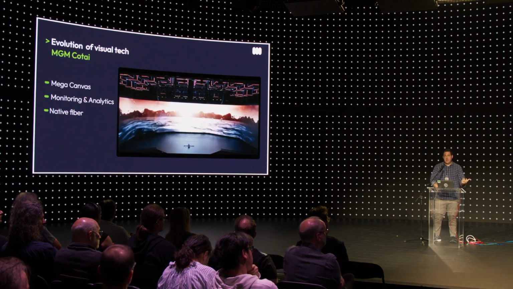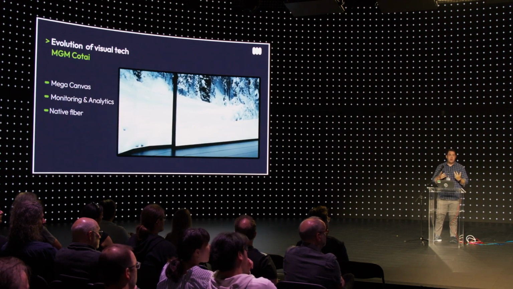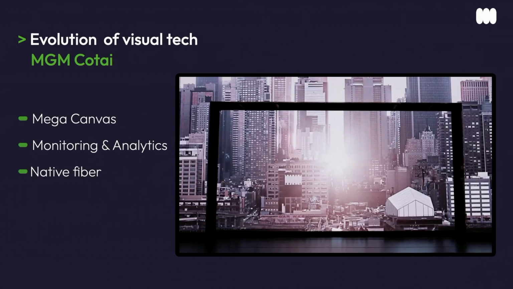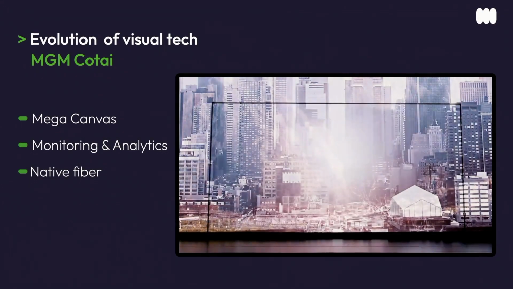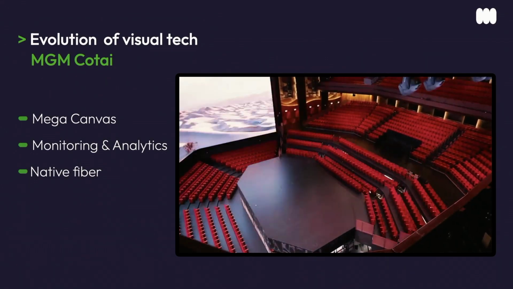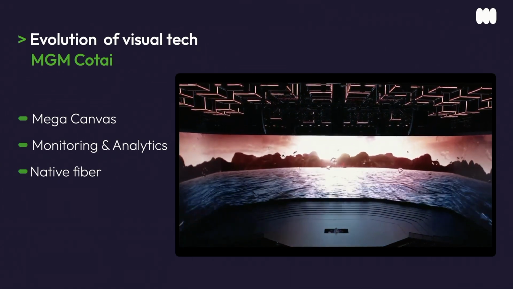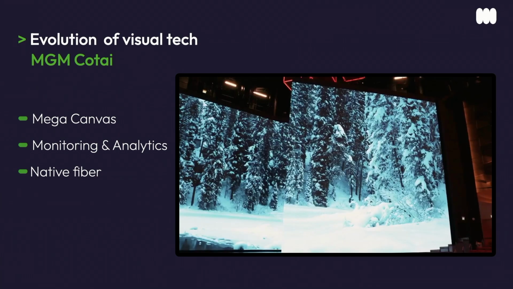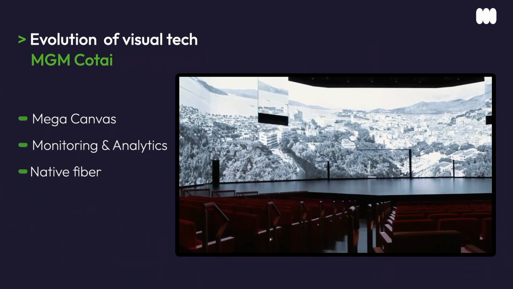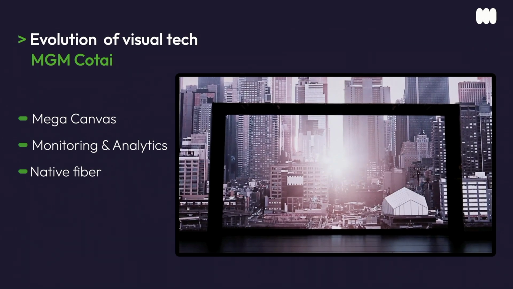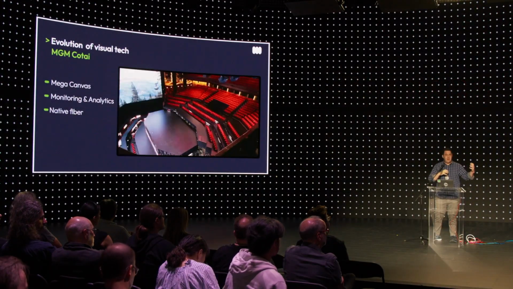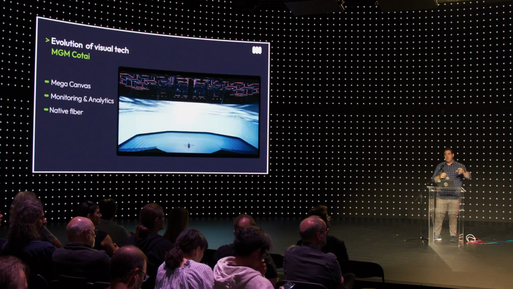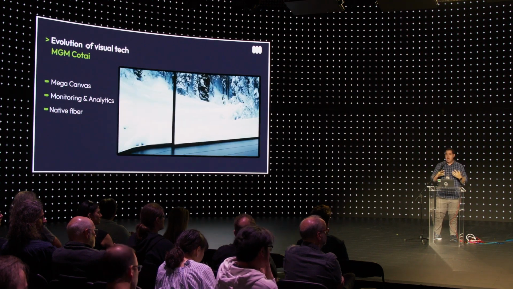In the same facility, we also deployed a theater. This is the largest resolution in a theater at the time, 16K resolution. All of these pieces are actually moving around, so it's reconfigurable with motorization, and even the seats move around to create a theater in the round or a normal proscenium. This was the beginning of that spark for us that said, okay, there's going to be this 10-year transition between all of these disjointed technologies needing to work together and be networked.